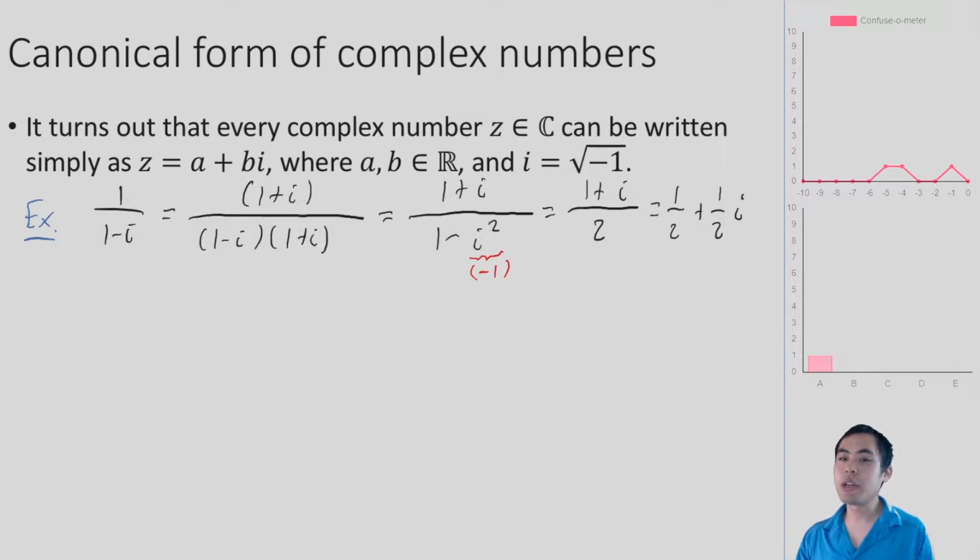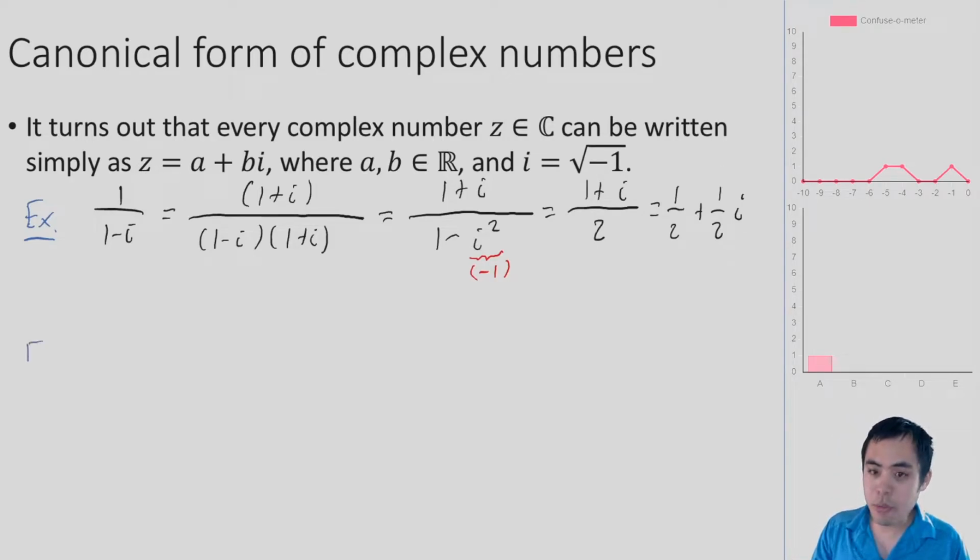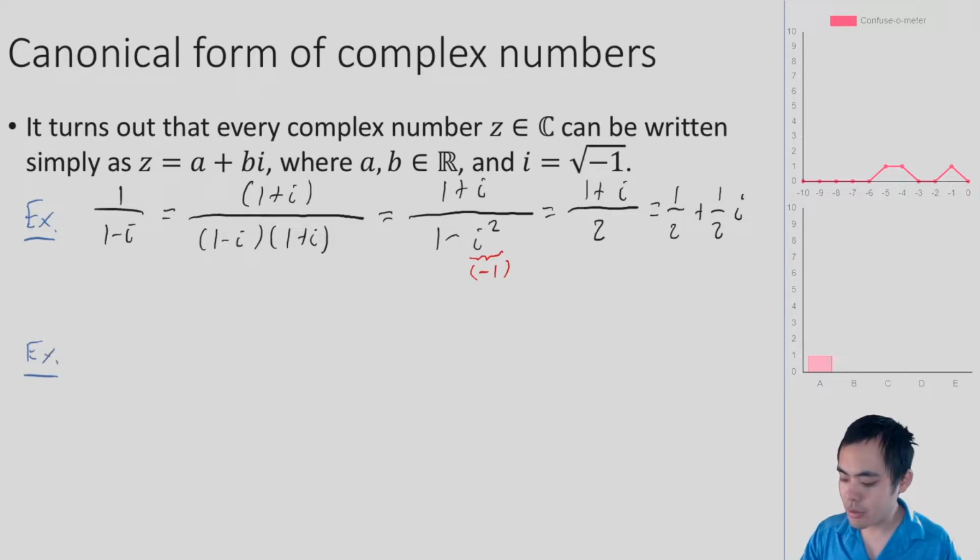Okay, so even though we started out with 1 over 1 minus i, we can rewrite it in this form a + bi, where a and b are both real numbers. And let's give a more complicated one. We'll get into how to derive this a little bit later, but let's try the square root